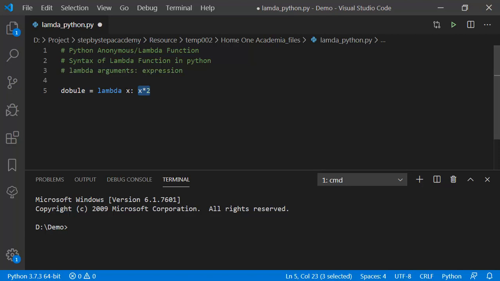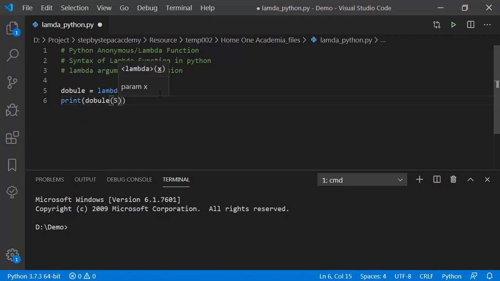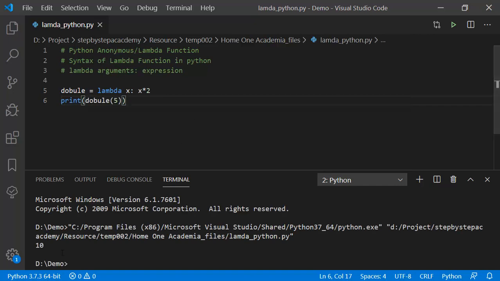That means whatever I pass as an argument will be multiplied by 2 and the value is returned to double. In the next line, if I use print, let's say double of 5, and execute this by pressing F1 and enter,